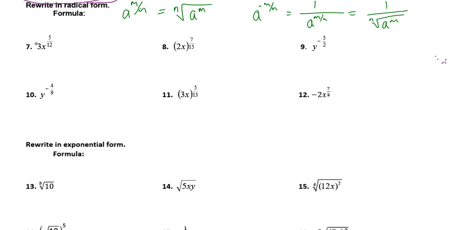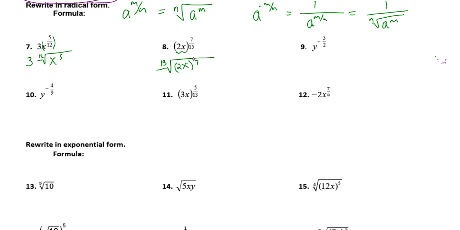Okay, this one right here, I'm going to have my radical. Looks like 12 is out here on the shelf. And we're going to have a power of 5 on the inside. But you have to determine what goes on the inside. Is it the x? Is it the 3 and the x? Well, it's actually just the x that's being raised to the power. So the x is going to go inside and the 3 stays out front. Compare that to this one over here, number 8. Notice that this guy has parentheses. So this time, 15's out on the shelf, 7's on the inside, but the whole thing, 2x in parentheses, goes